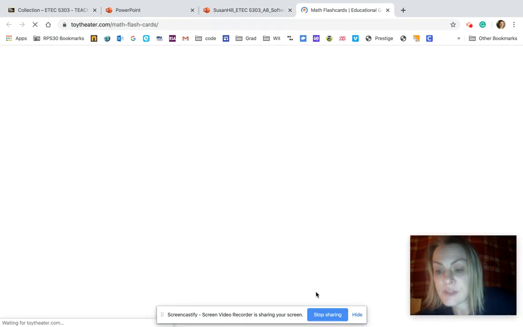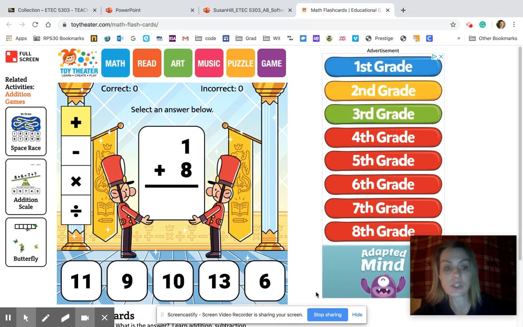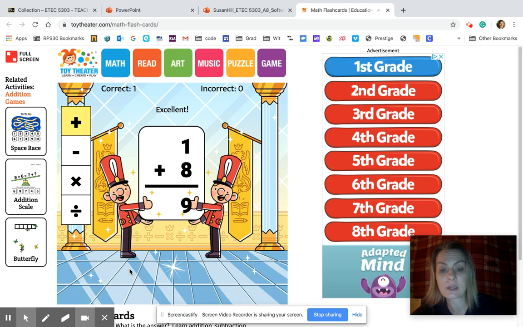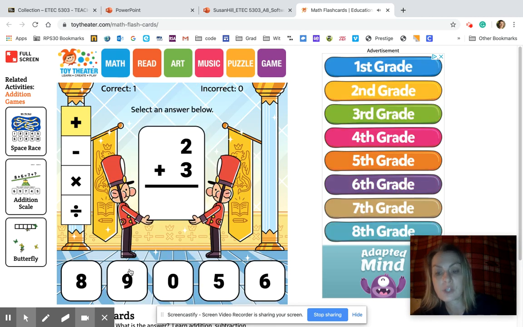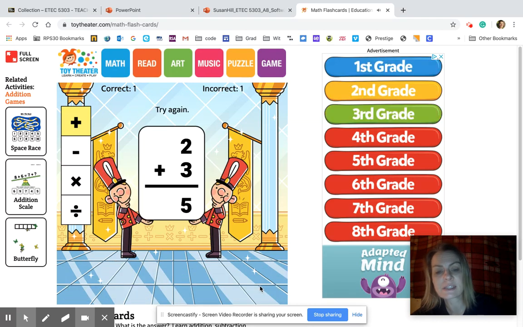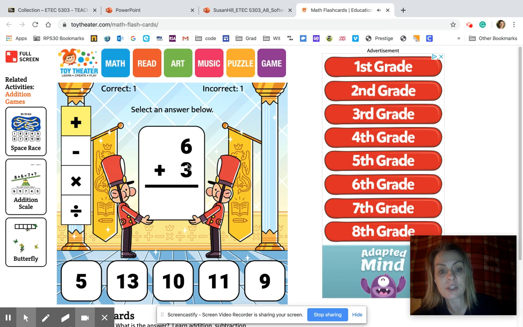And this is a great flash tutorial website. It gives you flashcards that your child can do. I'm choosing addition, 1 plus 8. I click on 9. It goes, yay, you did it. And then 2 plus 3. Oh, I'm going to click 6. Oops, that's not right. So I don't get that one again, but I can do 6 plus 3, which I